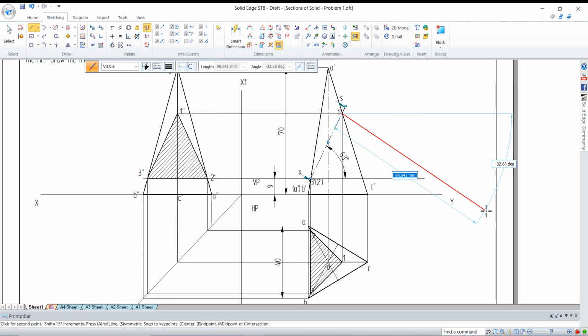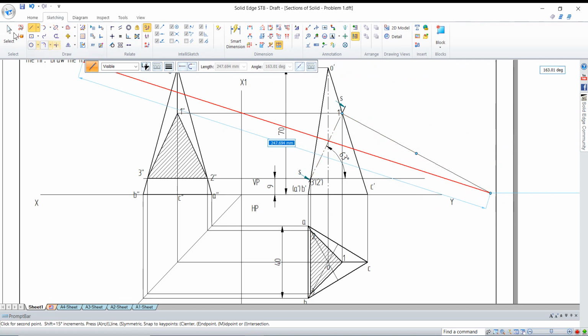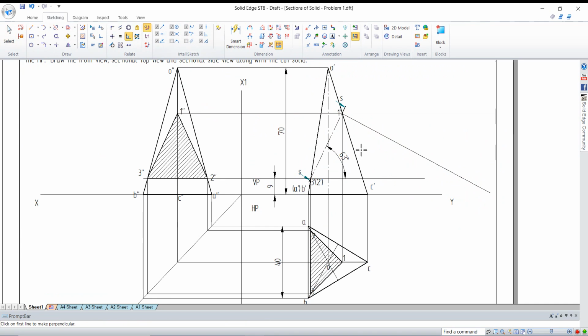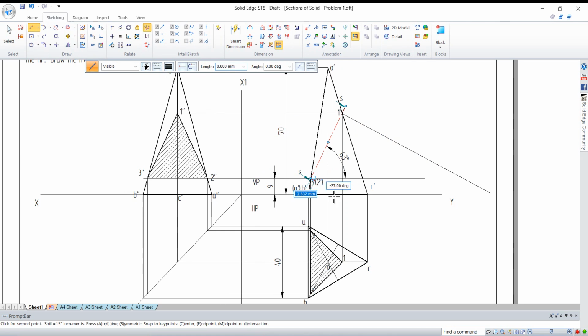From point number 1, draw a 90-degree line, somewhere a little bit far away. It should be 90-degree. If you are not getting 90-degree, doesn't matter, keep it like this. Then you can go to the perpendicular command and click the first line and make it perpendicular to the second line. So it's already perpendicular, so it won't change.